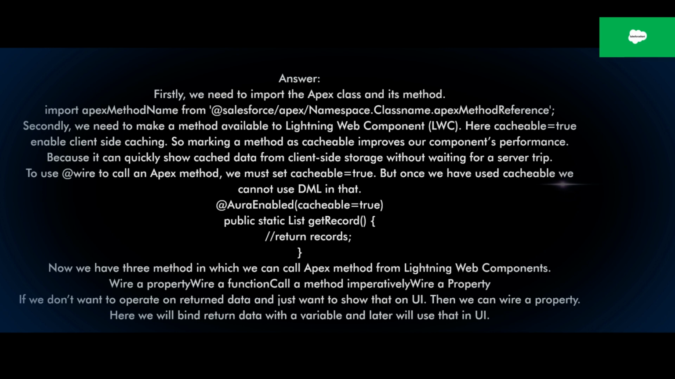But once we have used cacheable, we cannot use DML in that. @AuraEnabled(cacheable=true) public static List<Record> getRecord() { return records; }